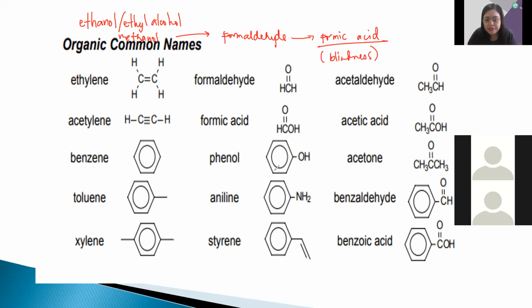And then we also have the phenol. This one is another solvent in the laboratory, but we actually use this one as disinfectant. Actually, the Lysol is a derivative of phenol. So, di ba Lysol brand lang yung Lysol, pero actually yung content niya is a derivative of phenol. So, we use that as disinfectant. Other solvents in the lab, we have aniline, the styrene, and this one, the acetaldehyde, is actually the product of metabolism of ethanol,